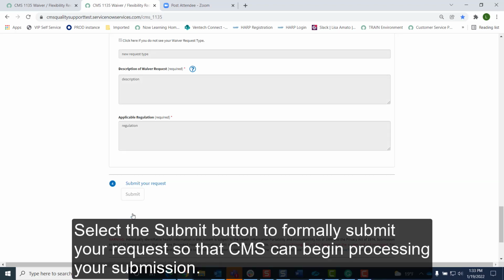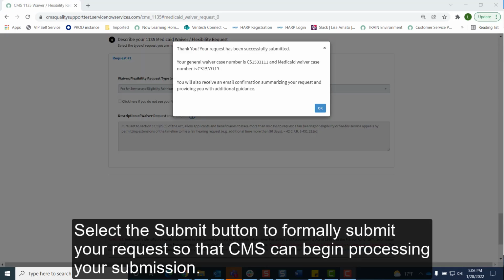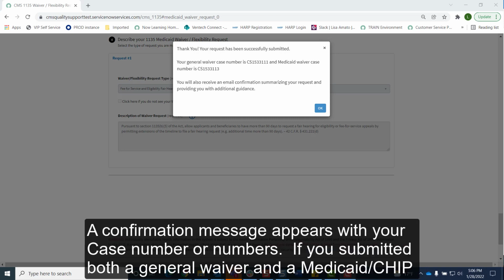Select the Submit button to formally submit your request so that CMS can begin processing your submission. A confirmation message appears with your case number or numbers.